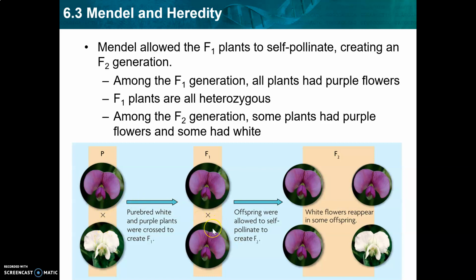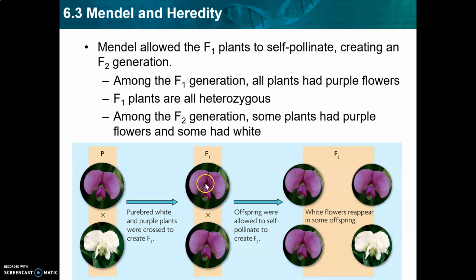So today, whenever you see the word hybrid, that means the same as heterozygous. So he allowed these hybrids to self-pollinate. So this one flower, its male gamete in the pollen landed on the female part of the flower and produced seeds. And in the F2 generation that resulted, there was a 3-to-1 ratio, or about 75% of the offspring had